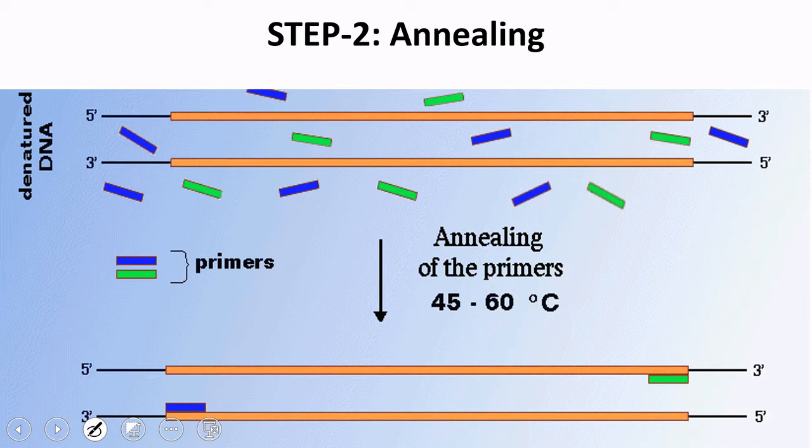So we have two types of primers. If you see, the green color is one kind of primer and blue is the other type of primer. So we have two sets of primers. After denaturation, we decrease the temperature to around 55 to 60 degrees centigrade. These two primers anneal, binding with the corresponding DNA at the 3' end of that particular strand. As we see here, one primer has been added here, and one primer here. So this is my second step.